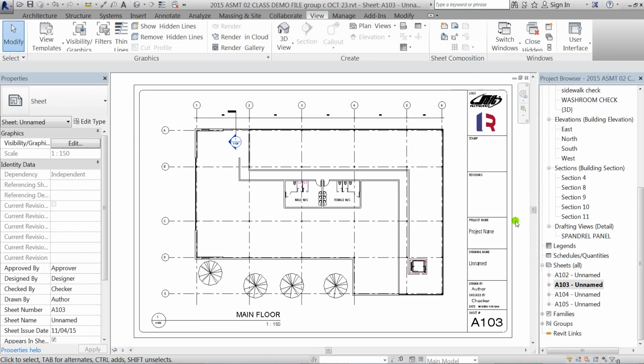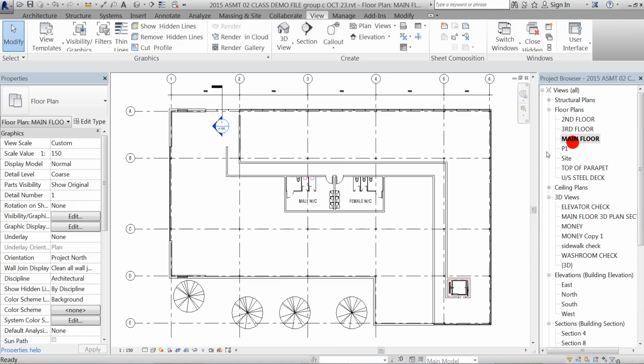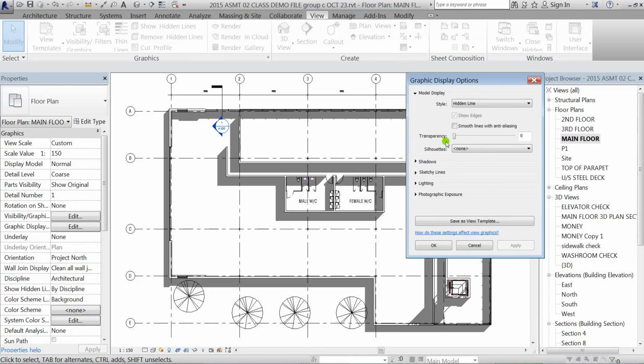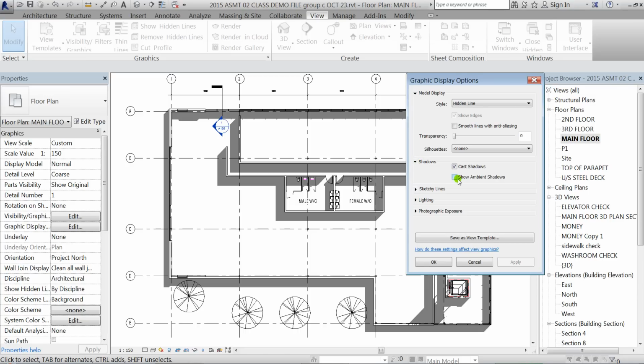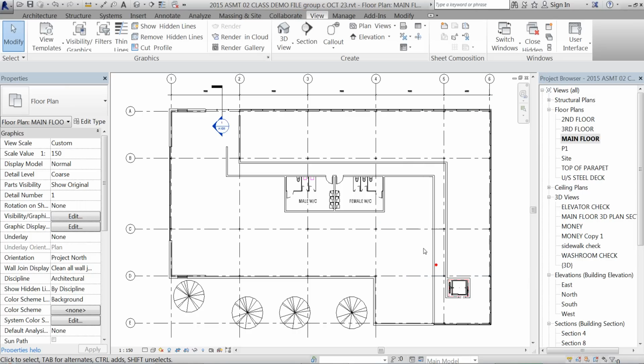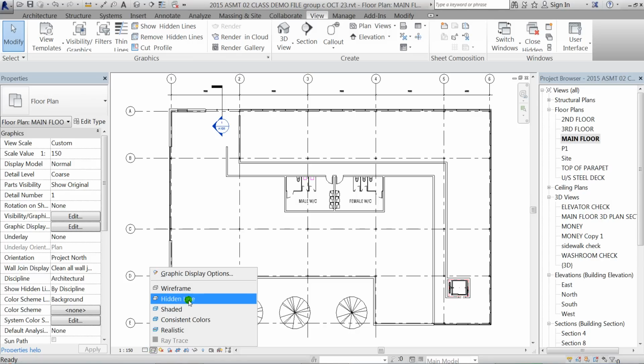And first of all, we want to make sure that we're printing with the hidden line style. If you're using shaded or realistic or any of the other ones, it's going to rasterize and it's going to turn it into pixels. Similarly, if you have shadows on, so I'll go back to my main floor here. If I had, for whatever reason, had my shadows turned on, or in my graphic display, if I had even just the ambient shadows on and not the direct shadows, it will rasterize the image. So when it prints, it will actually turn it into pixels, which you don't want. So just make sure the shadows are turned off, that your visual style is set to hidden line,